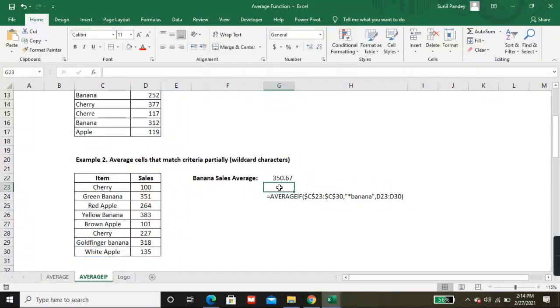Why I put the asterisk sign? Means before banana any character between these items it will consider, like green banana, yellow banana, Goldfinger banana, it will calculate all these. Okay, so this is a partial criteria. I'm using the wildcard character asterisk.